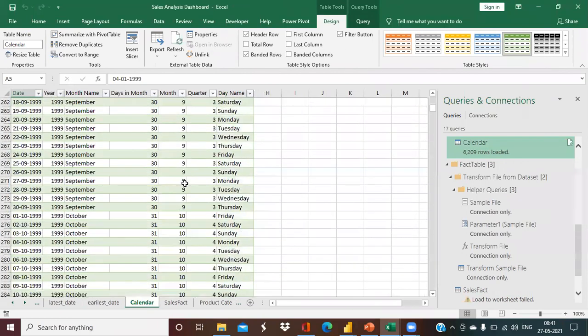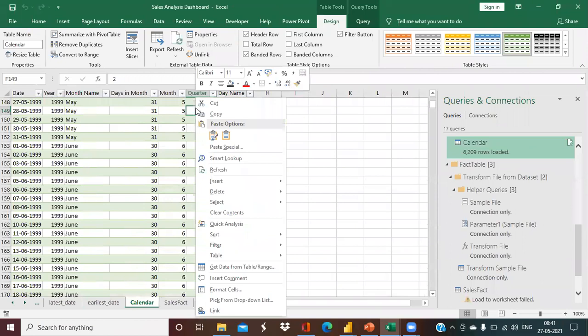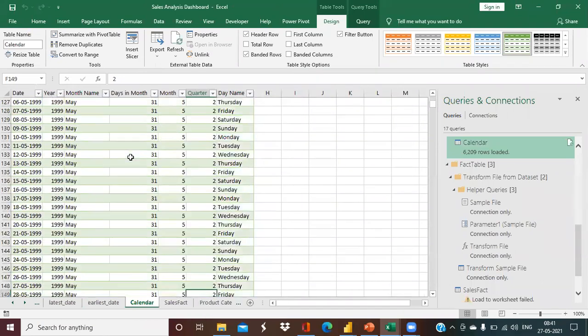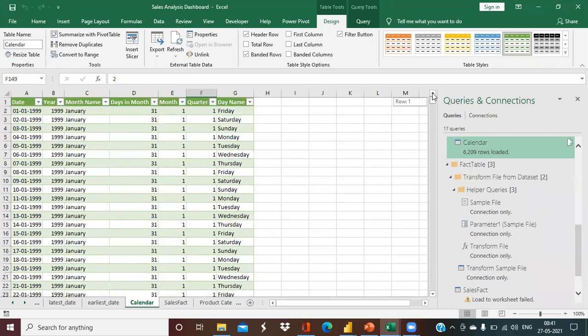Now you can use this calendar table, go to your data model, edit the relationships, create the relationship between this calendar table and your sales pack table, and you can start analyzing the data. You can plot the timeline slicer. That's the next task I want you to do. Put the timeline slicer in your dashboard, and put the values year wise, month wise, quarter wise, as you want to see. Great.